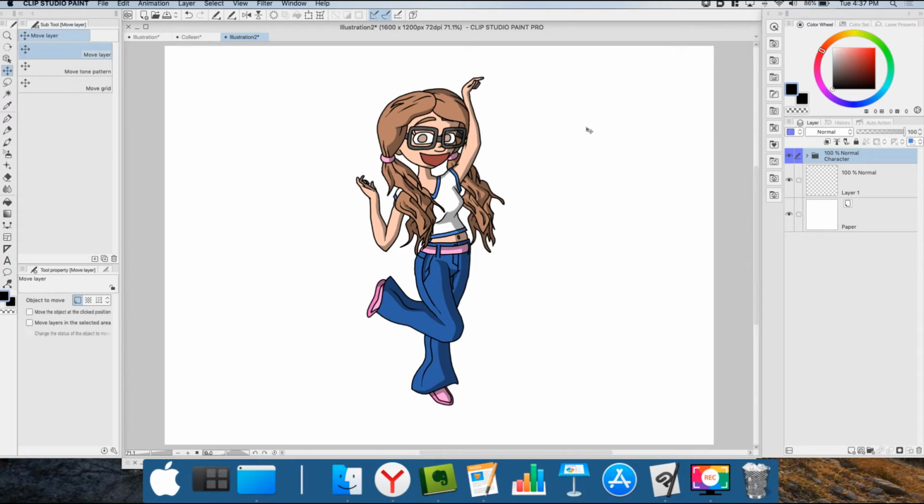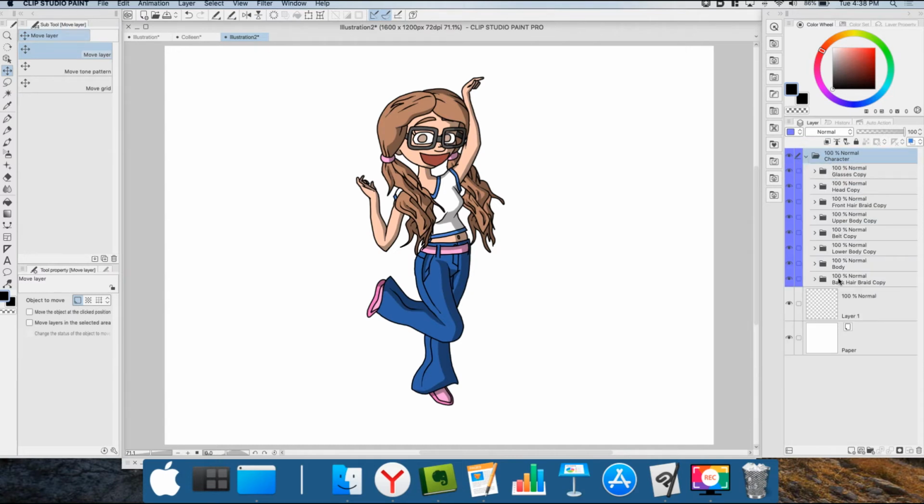So a way you can organize your layers is when drawing characters, have each character inside a folder. And what I did is I marked a folder as a color so it doesn't confuse with this down here. So now when I expand this, each body part is also in a subfolder. So if I look at the head, for example,